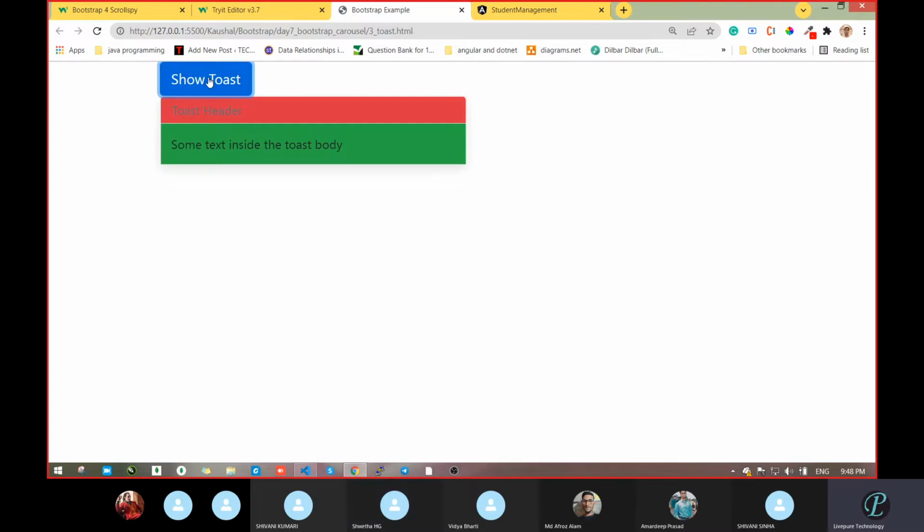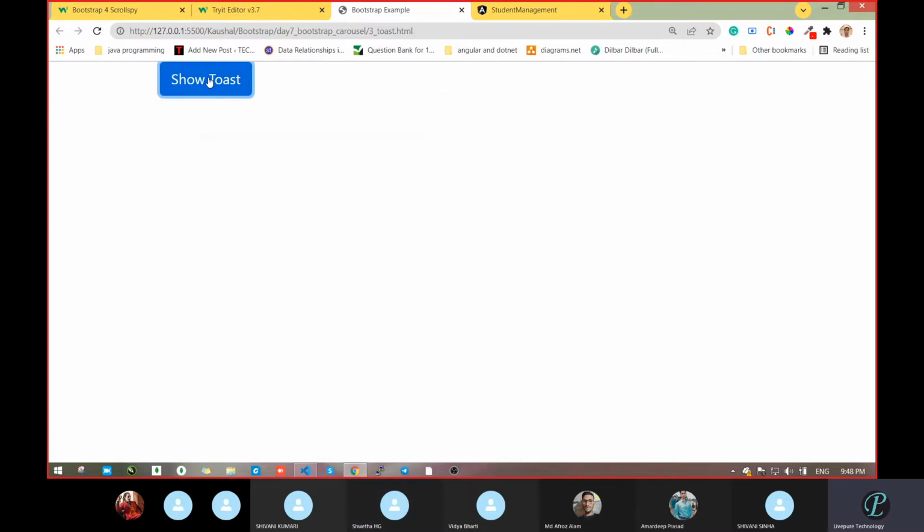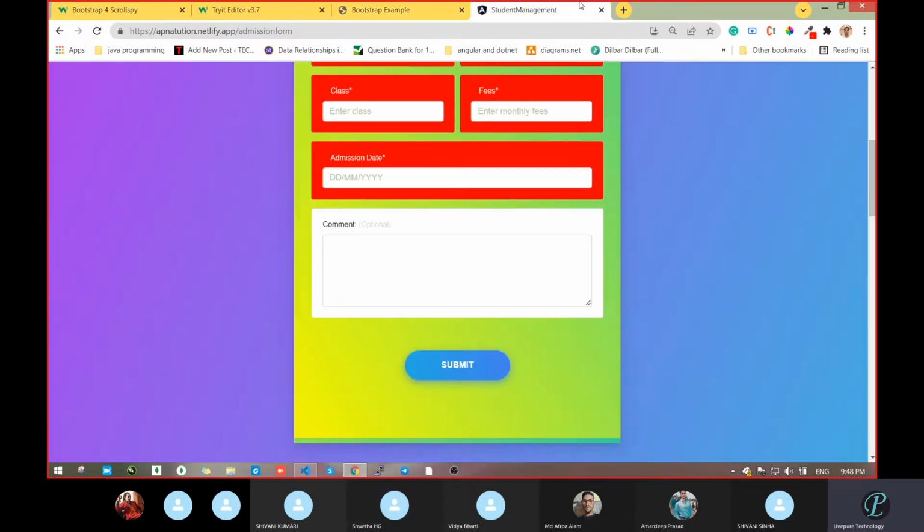Yes, when you click this, it shows some pop-up message and after a few seconds itself it will get hidden. Okay, so whenever there is a requirement, you can go for that. Suppose in this website, if we click, some pop-up message comes: warning, mandatory field is missing. And see, just leave the button, don't do anything, it will auto hide after a few seconds.